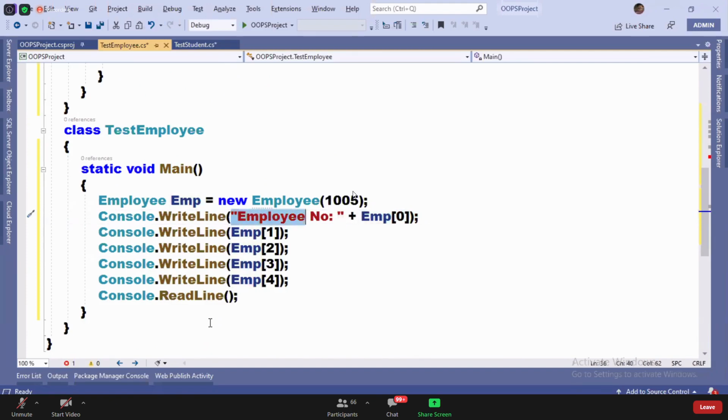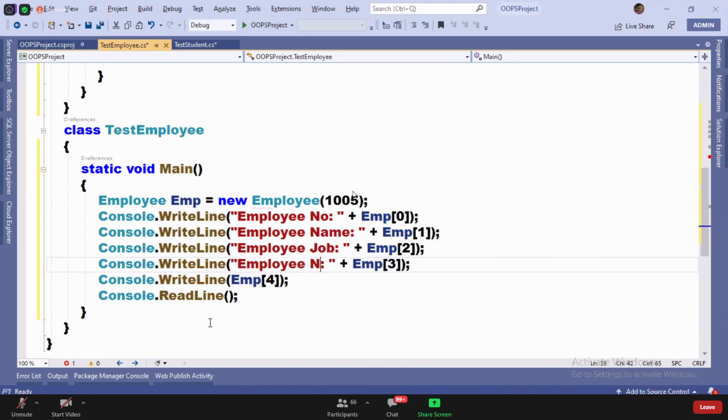EMP of 1, employee name. EMP of 2, employee job. Salary.